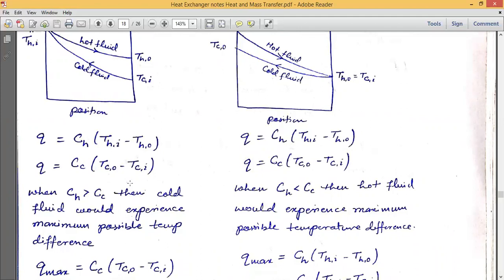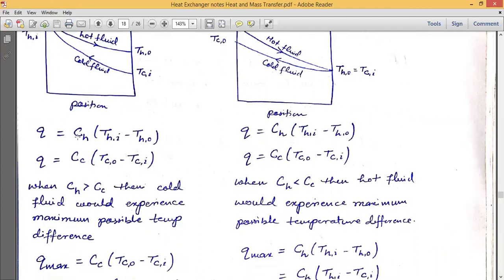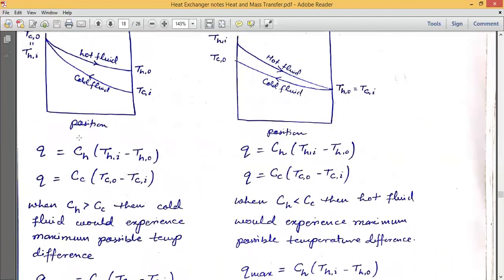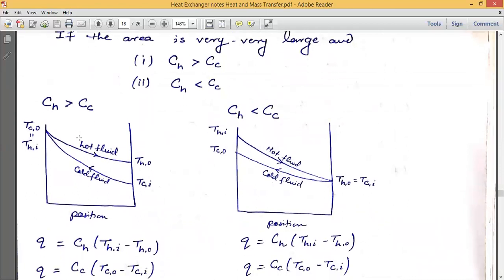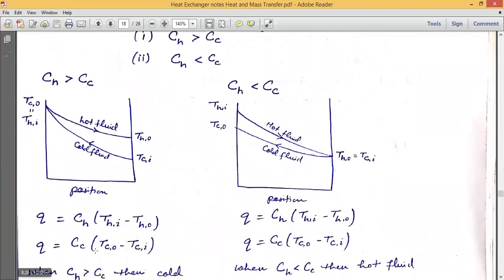अब जब इस केसेस में क्या होगा? जो मिनिमम कौन सा हुआ इस केसेस में? CC, और इस केसेस में CH। तो ये जो CC का टर्मिनोलॉजी है उसका आउटलेट टेम्परेचर किसके बराबर हो जाएगा? हॉट फ्लूइड THI, मतलब Q इक्वल टू CC (THI माइनस TCI)। और CC क्या है? C मिनिमम है, यानी हम इसको क्या लिख सकते हैं? Q मैक्सिमम जो पॉसिबल हो जाएगा C मिनिमम (THI माइनस TCI)।